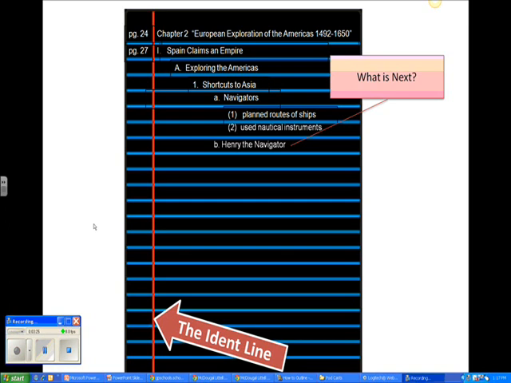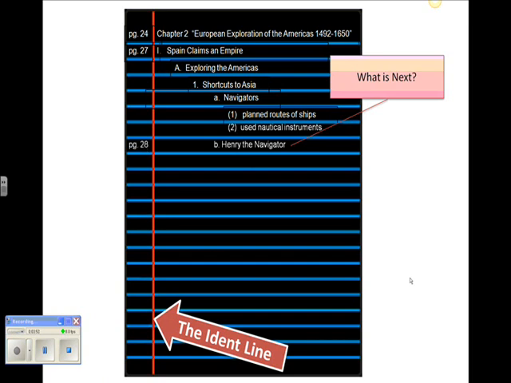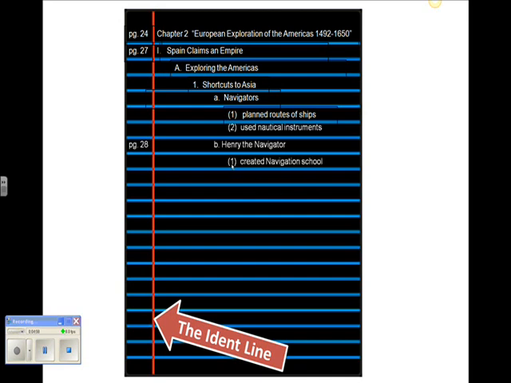Again, I want to reinforce, whatever you're putting here can be different student to student. Any little a or little b, little 1s, little 2s, or even your super little a's and b's, as we'll see, they can all be different. This is where your individuality comes in. So me, what I am gathering from what I read in terms of what is next, I wrote Henry the Navigator. Now I want to expand upon, or I wrote the textbook page there because I'm on a new page. I want to expand upon Henry the Navigator. So I'm going to write here as my